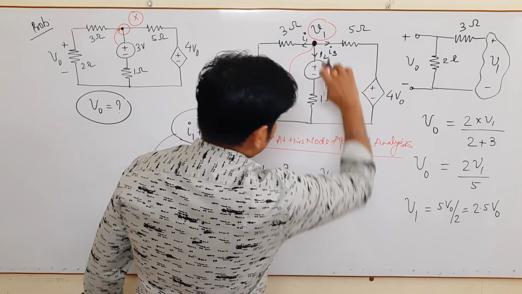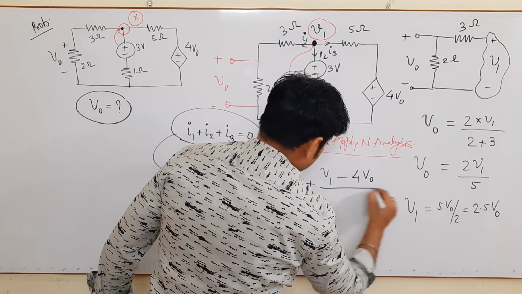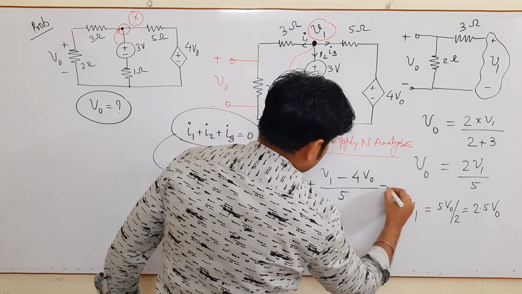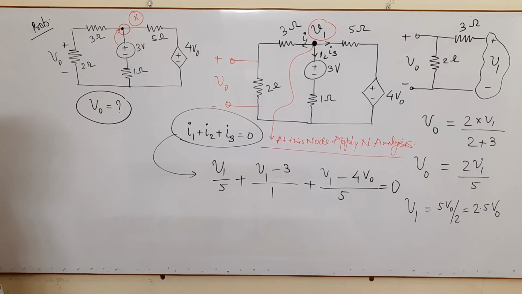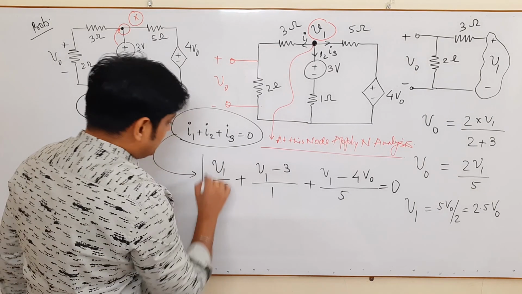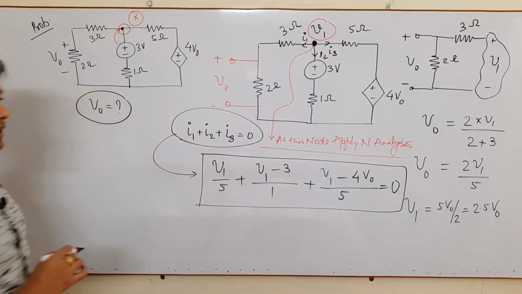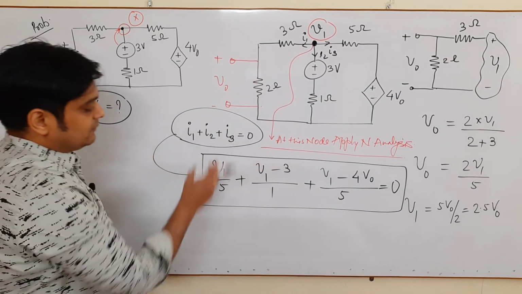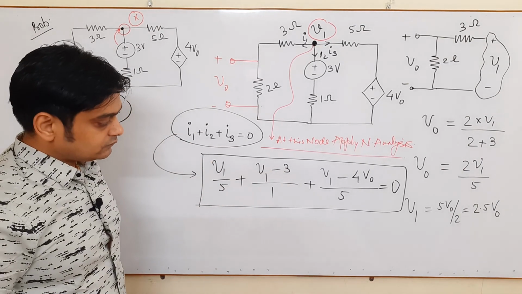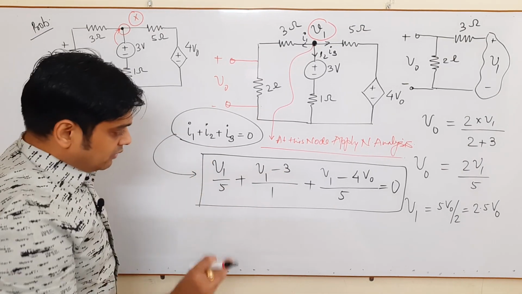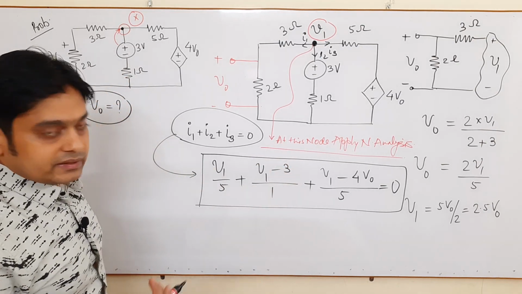Now you find one more source that is dependent in nature. There is no issue with a dependent source, we simply have to put the value like this. So don't get confused by the dependent source. People always think that when a dependent source comes, the problem becomes very difficult. It's not like that. This is a very simple solution, a very simple KCL equation I have written here. So now your task is to just replace the value of V1 and get the answer.